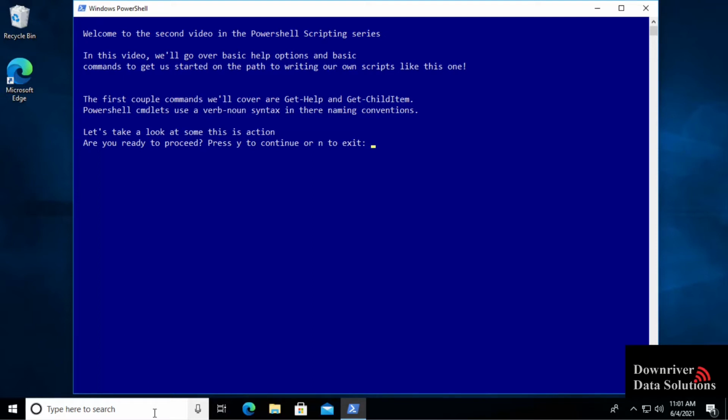PowerShell commands use verb-noun syntax in their naming convention. That means we're going to do something, we're going to run a command. We're going to get, or we're going to set, or we're going to rename, and we're going to do those things against a noun, so a thing. So for the computer, we'd rename the computer. We could get services or processes, and we can check out the commands available to us if we go on into our new shell